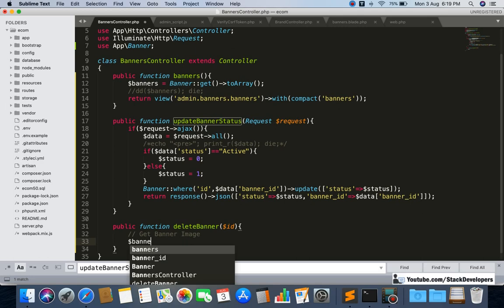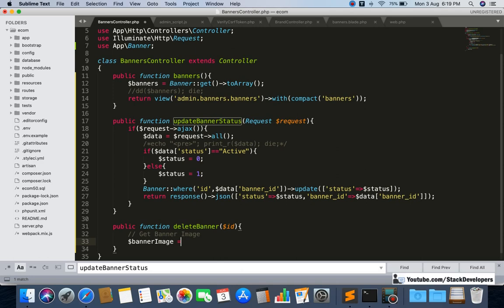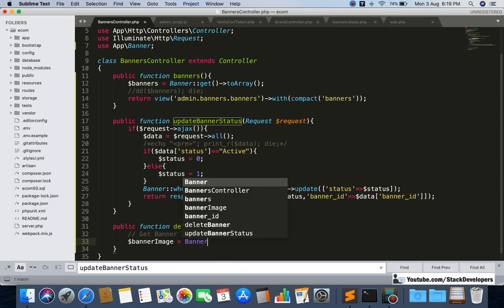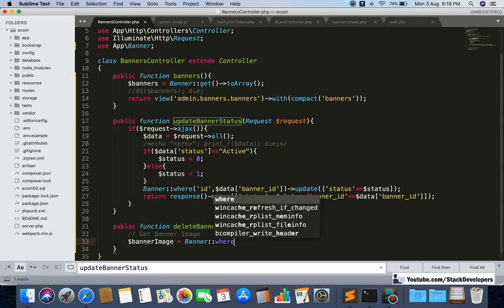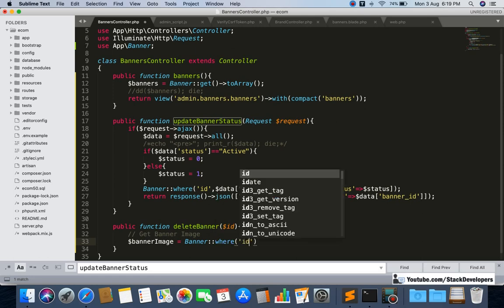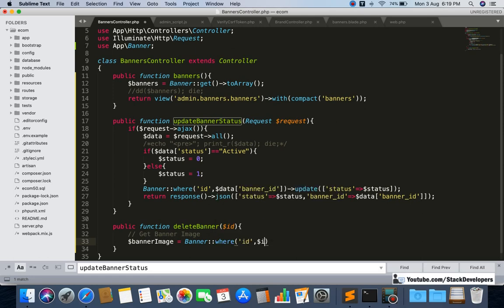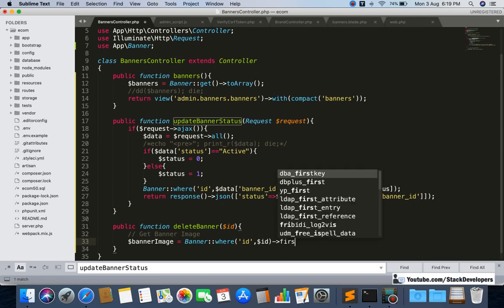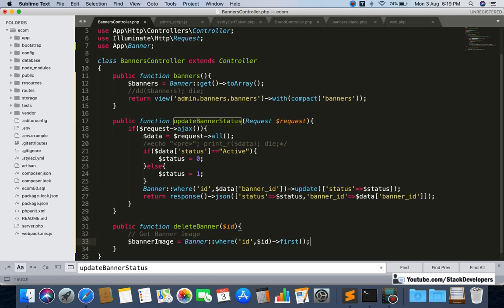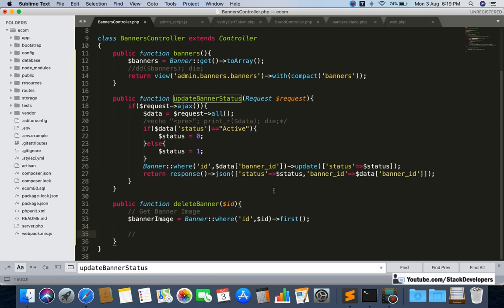Okay, so $bannerImage we are going to pick from the Banner model, where id is $id, like this. Okay, and after getting the banner image, I am going to get the banner path.